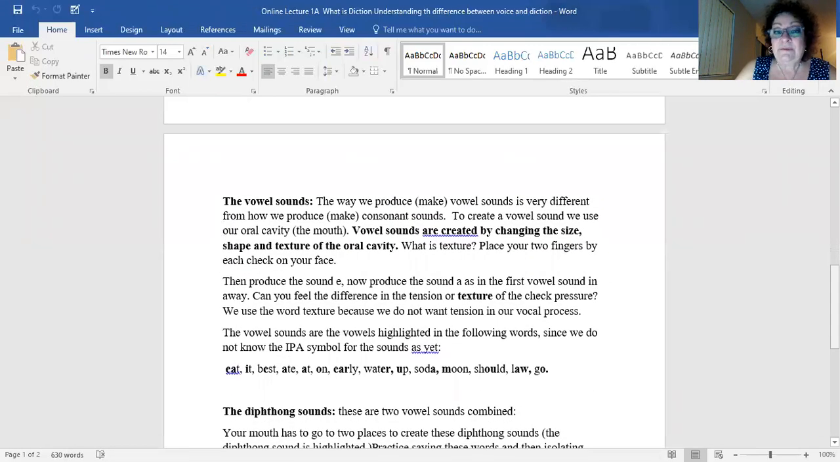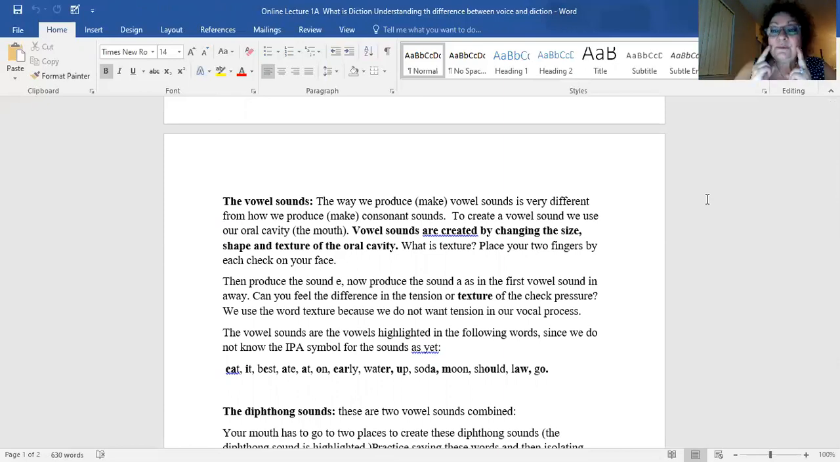Vowel sounds, however, are different. We produce them not with our articulators, but with the size, the shape, and the texture of your oral cavity, which is a new term for your mouth. So let's take a look at it. Let's take a look at size. Ah, E. Shape. O,